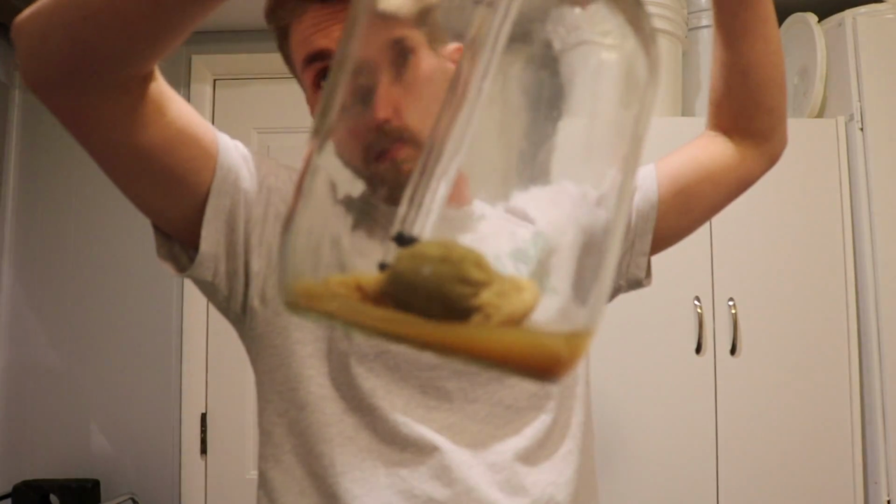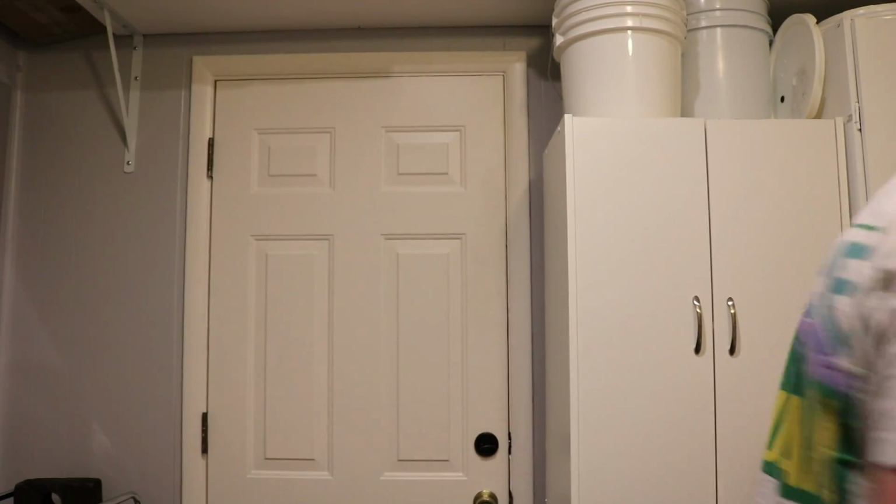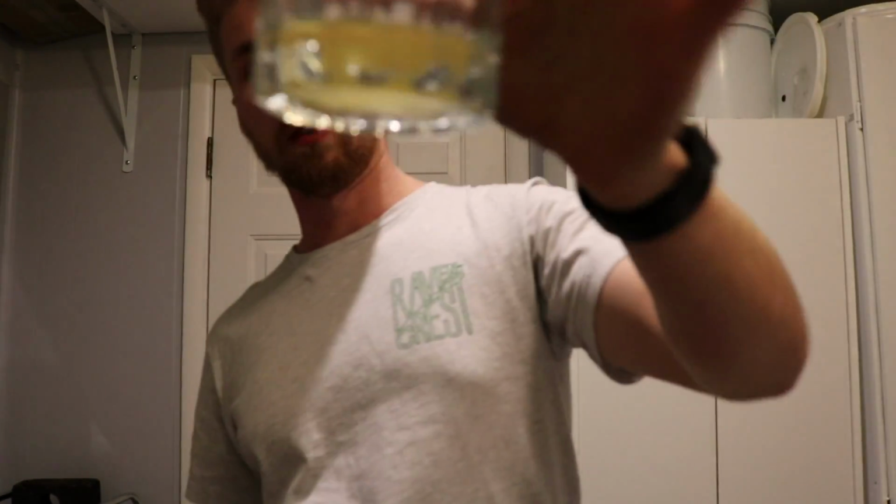Okay, so I have moved it over, and what I have left is basically a carboy that has a little sediment in it, has some extra stuff, and then the bag, which will just come straight out, which hopefully will come straight out pretty easily. And of course I have a little sample of it. So this little sample,